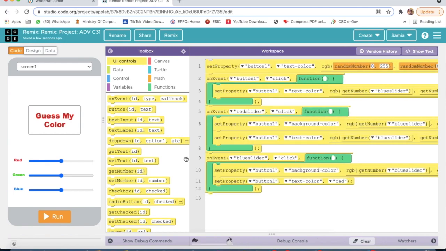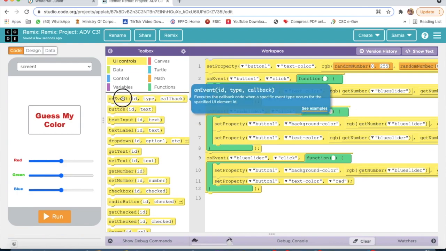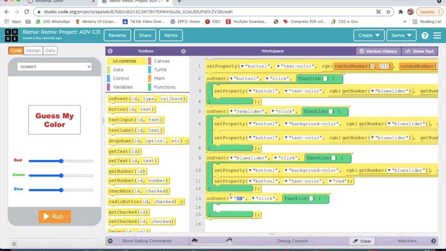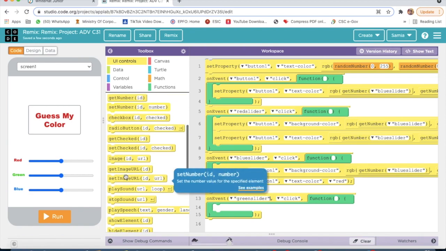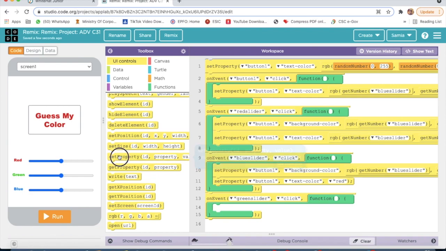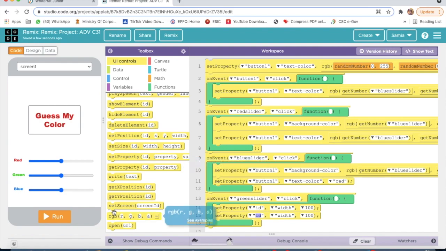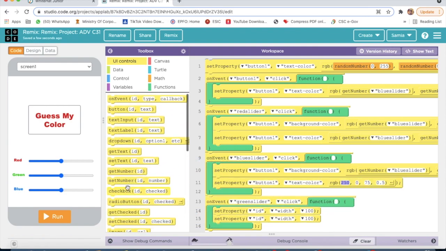And now, red slider, blue slider done, again I will take on event. Here I will select green slider, then I will take set property 2 times. Before that I will take RGB here, and get number.